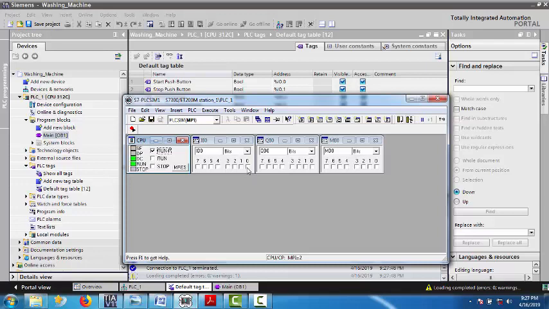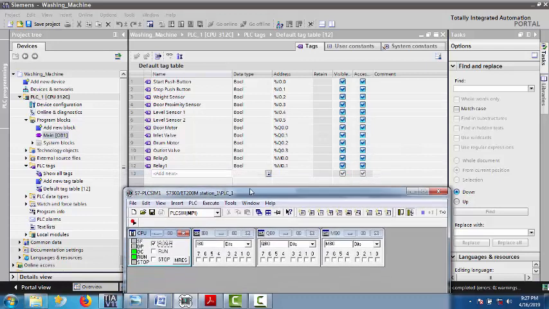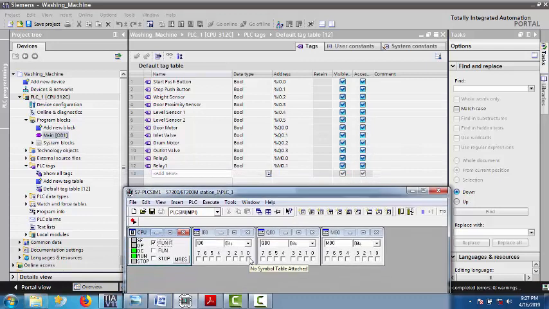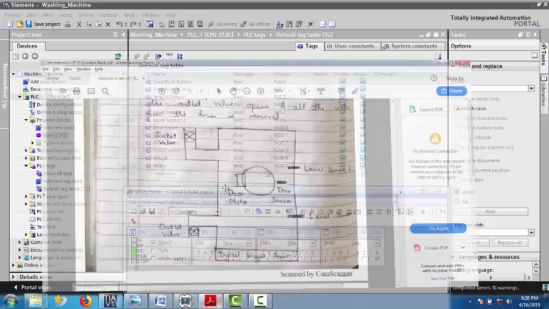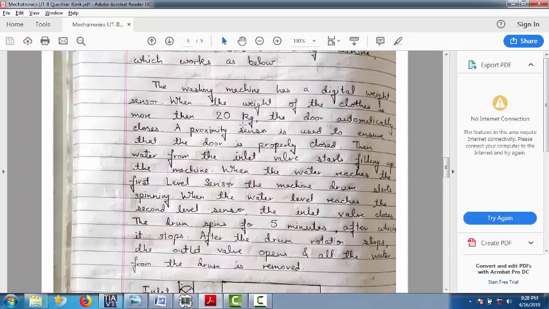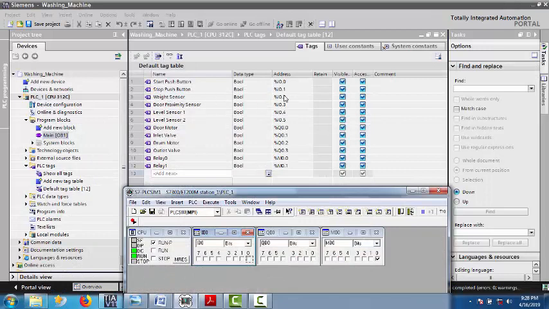Okay, so as soon as I switch on, this is my I 0.0. I 0.0 is my start push button. As soon as I start it, 0 starts, means nothing is happening right now. Why is nothing happening? Because there is not enough number of clothes in the washing machine. When will there be? When it is more than 20 kg. When the amount of clothes is more than 20 kg, the door will close. So my weight sensor is I 0.2. As soon as I 0.2, weight sensor is sensed,